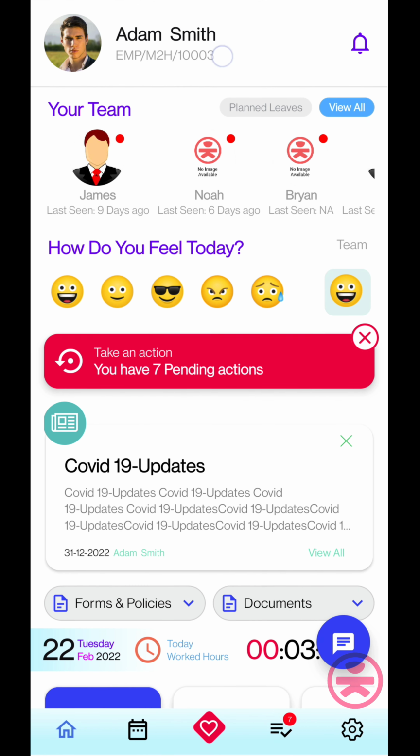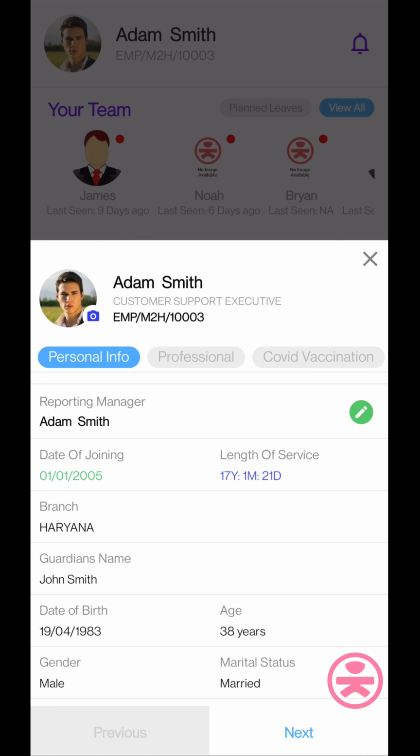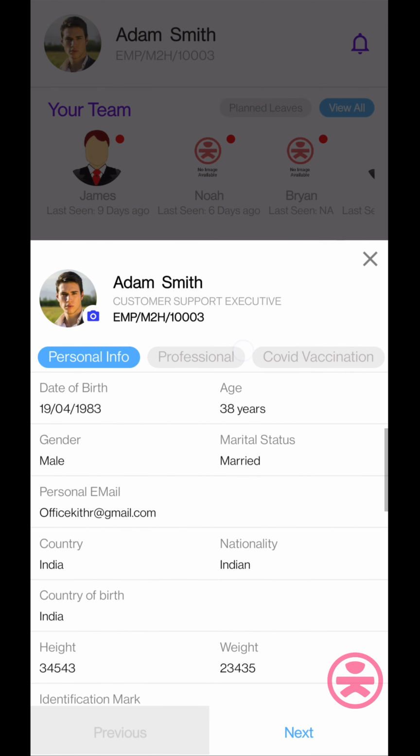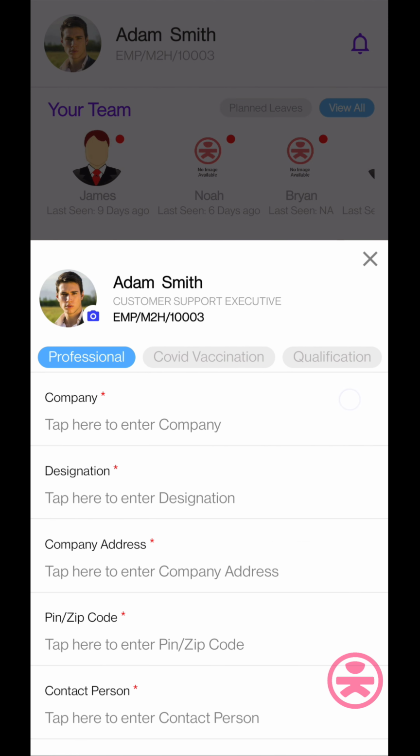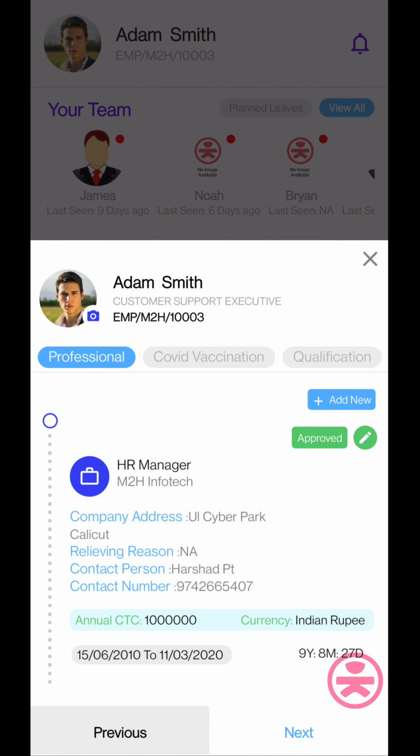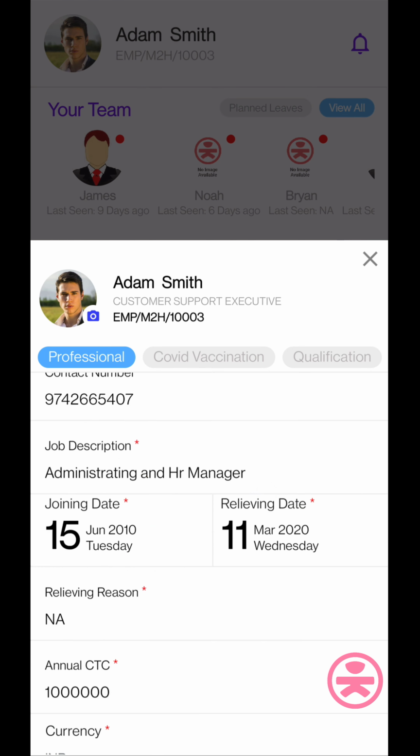On top left, you can see employee name and ID. When you click on the employee's profile icon, we can see their profile, their personal, professional, COVID vaccination details, qualification, communication, skills, all data can be viewed from here. And the employees have a provision to upload these data directly from the mobile app. By clicking on Add New, they can add details, and by clicking on the pen icon, they can also edit